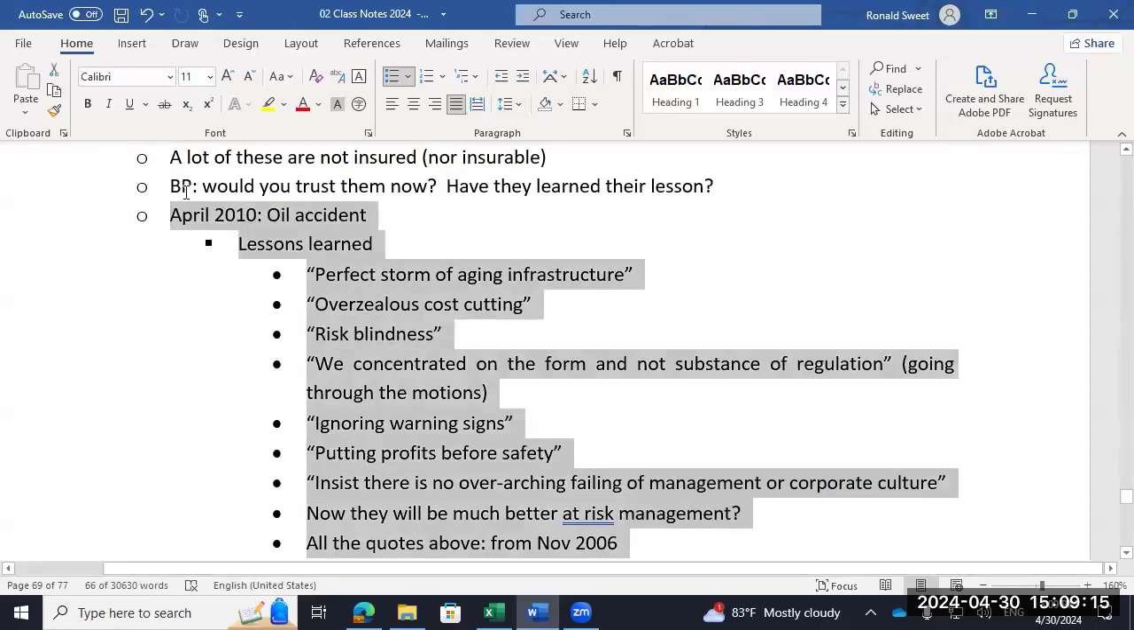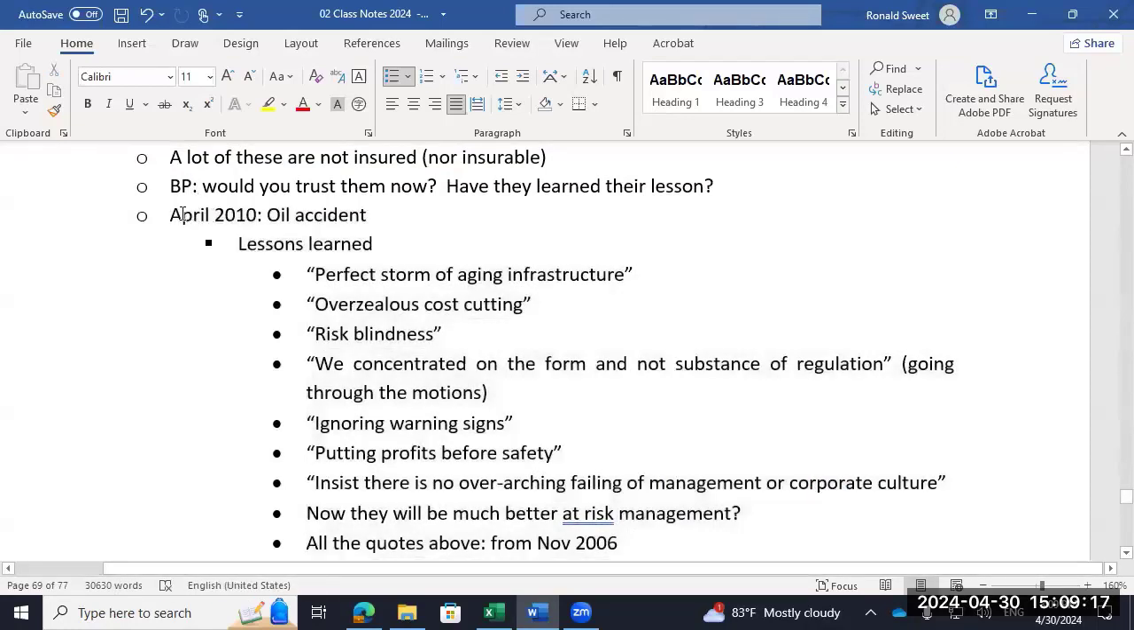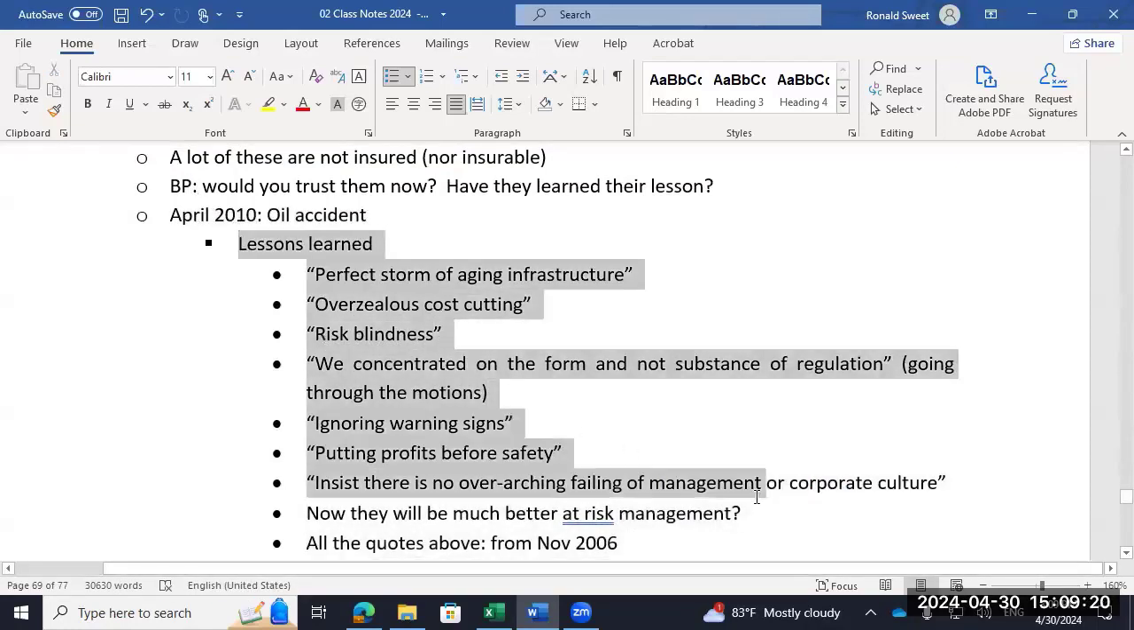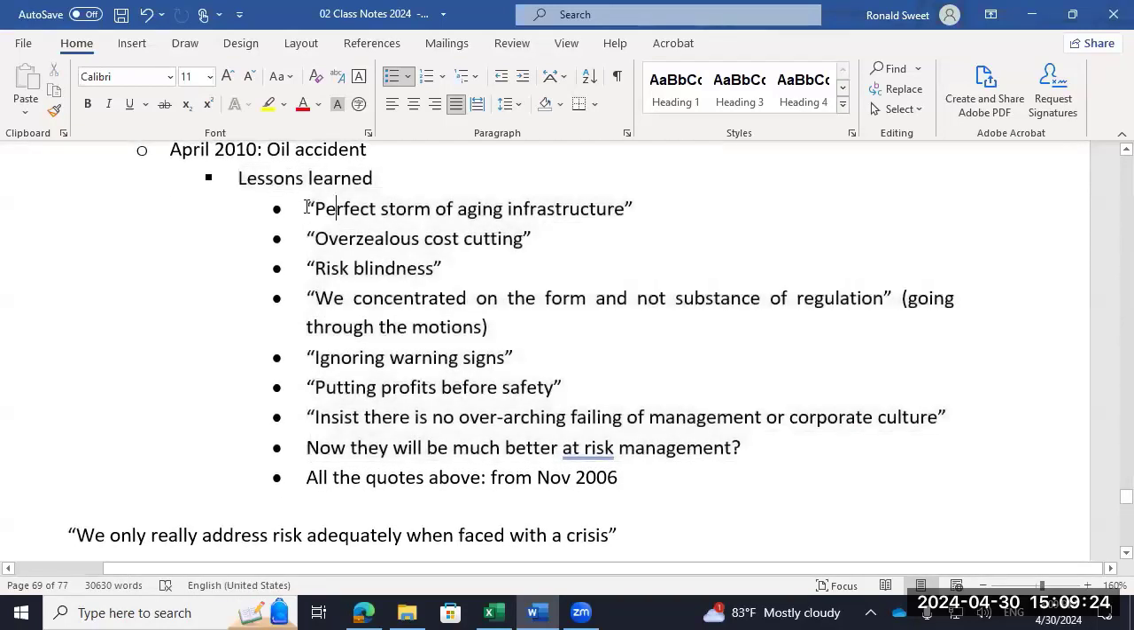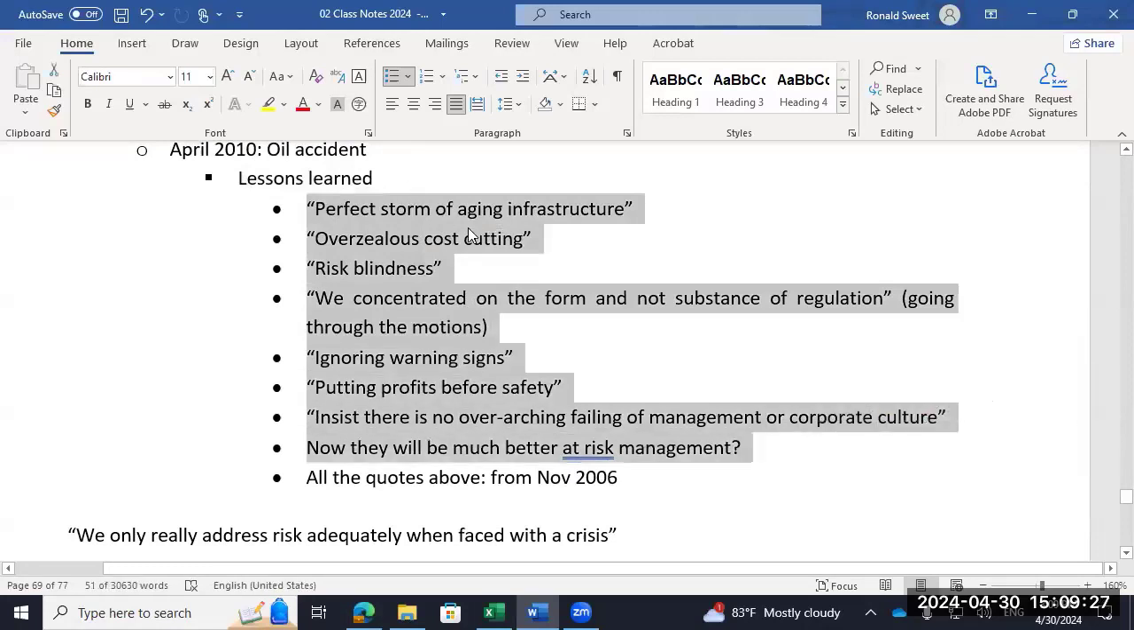So yeah, here's a quote from British Petroleum. They spill a lot of oil in our Gulf. And I found this article where they were explaining what went wrong. And here's all their excuses: aging infrastructure, cutting costs, not paying attention, not really having true risk management, just kind of going through the motions, ignoring warning signs, putting profits before safety. So I'm reading this article that I found and said, oh man, I forgot I had this article. This is interesting. And then after reading the article, I looked at the date,